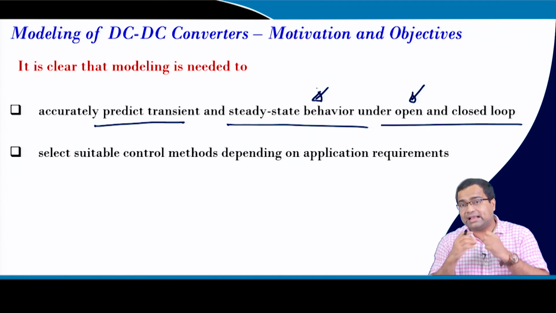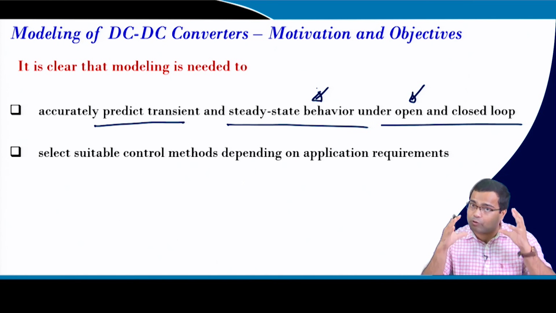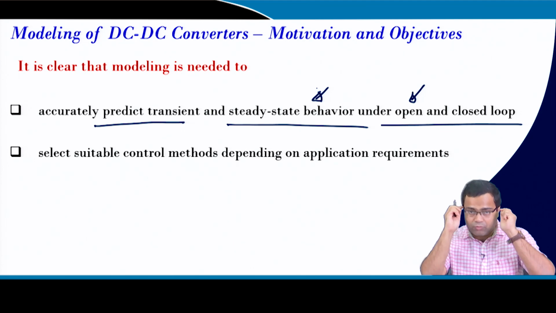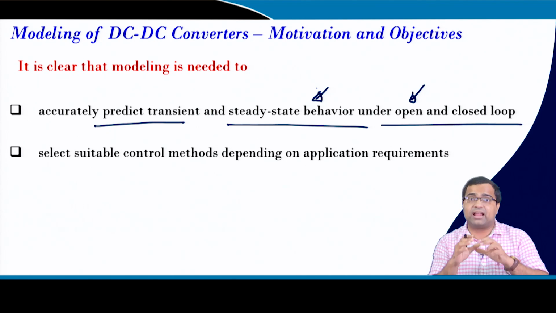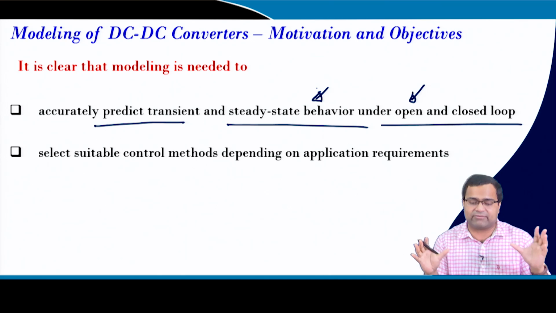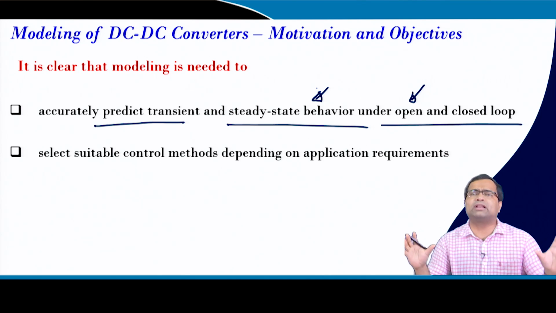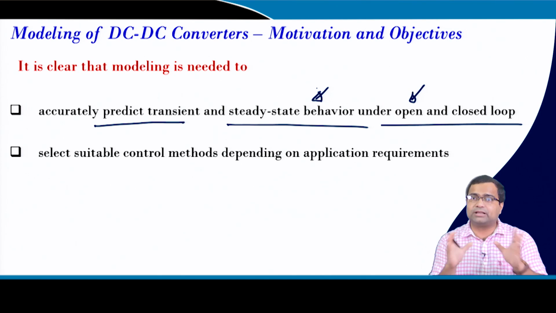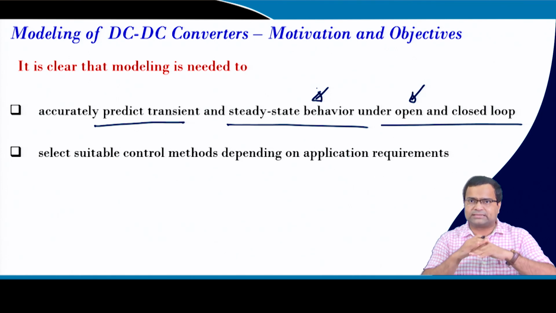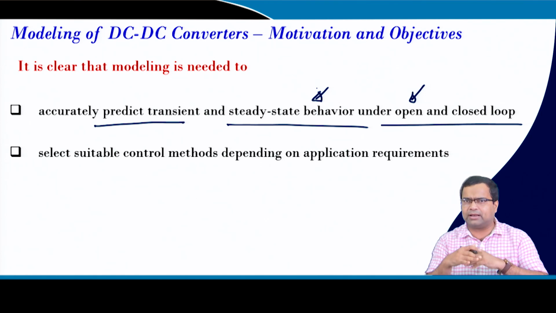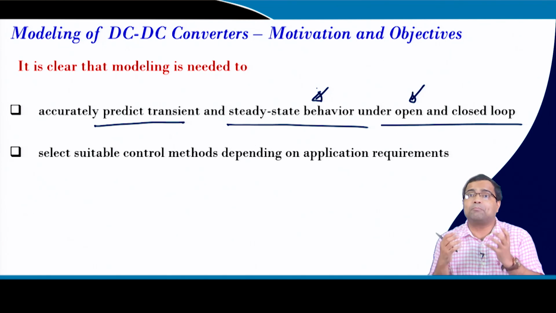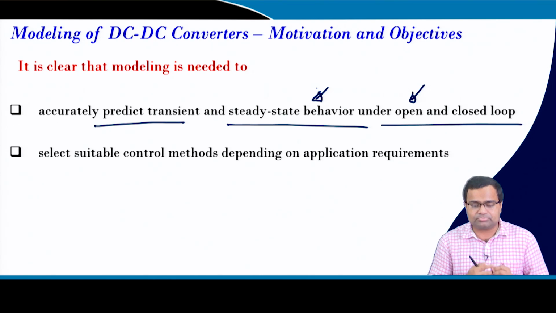Once we are motivated to get a model, the next task is to investigate what kind of models are available and why so many modeling techniques are there. Because it starts with a simple model. You can have a very simple model which can predict up to a certain behavior, then you should be happy. But if you want to push the performance further, then that model is not useful, and you have to go for the next level of modeling, where the complexity of the model will increase.